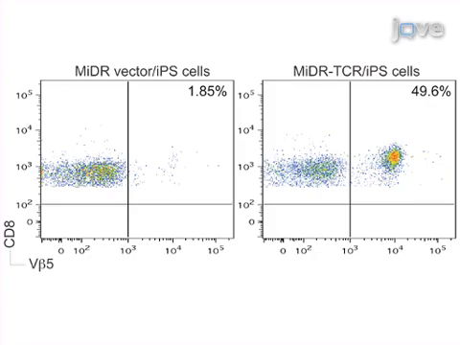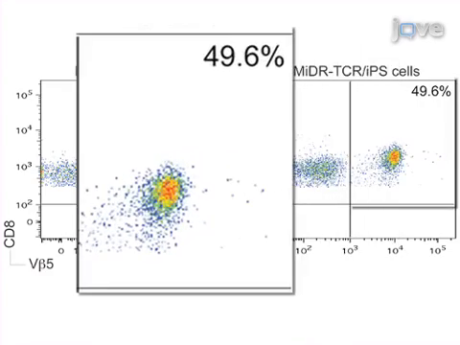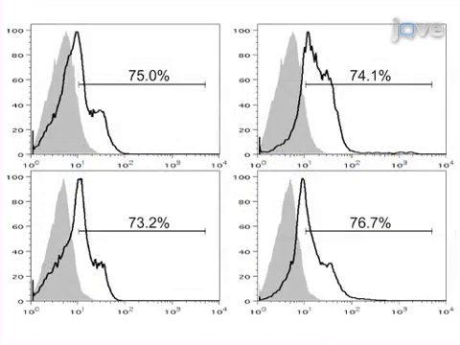In these dot plots from pooled lymph node and spleen cells, CD8-positive V-beta-5-positive T cells were generated in mice adoptively transferred with TCR-transduced but not control-transduced iPS cells. The CD8 positive V-beta 5 positive populations were positive for intracellular cytokine staining for interleukin 2 and interferon gamma production, represented in these histograms by the dark lines, as compared to the shaded isotype control histograms indicating that the iPS-derived